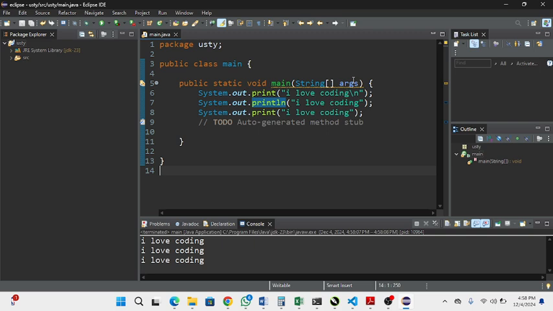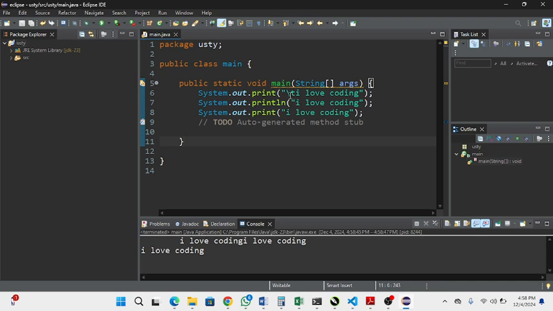Or this escape sequence is not only used for a new line. This \n means new line. But there is another way you can use this escape sequence. Maybe you want to have a tab in it, you can still write that and just put \t, which means tab. You understand? And if you run this same code now, you will see that,